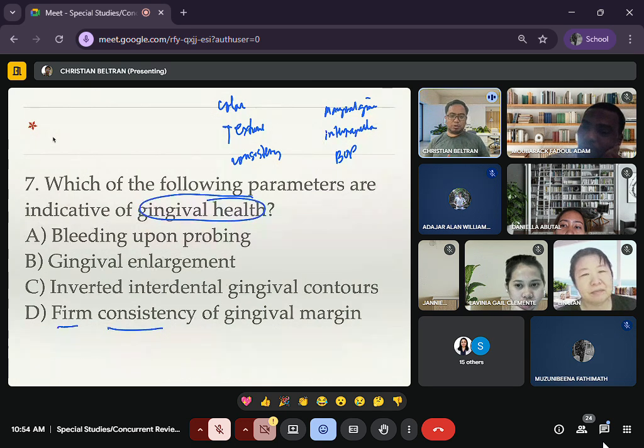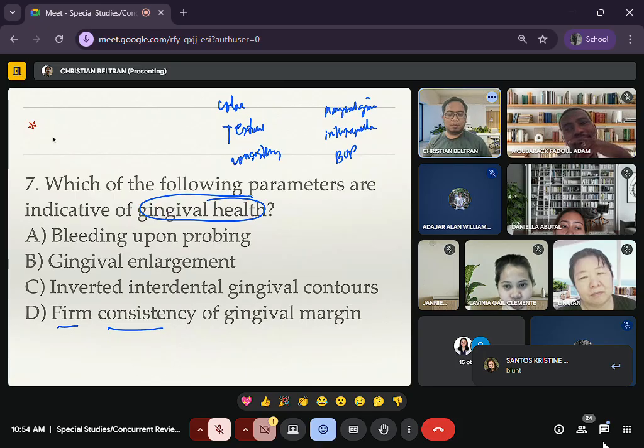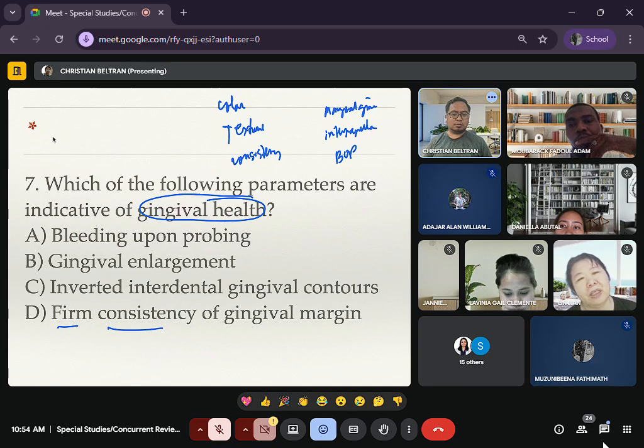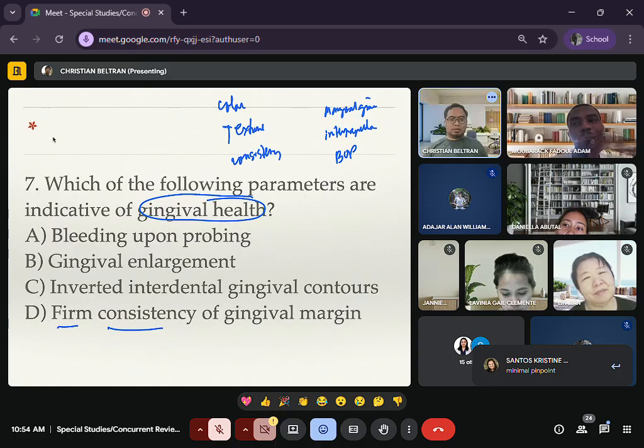Anaerobic bacteria are not literally absent, however, they are not virulent enough to cause the disease. We need to have more anaerobic bacteria for you to have tissue destruction in the area. Healthy gingiva, even though you have anaerobic bacteria here, if they're not enough in number, bleeding on probing is negative, or minimal.